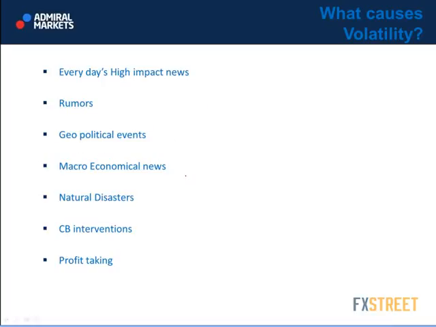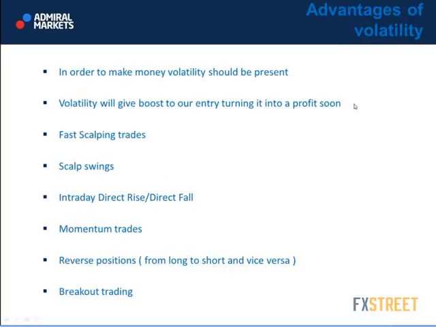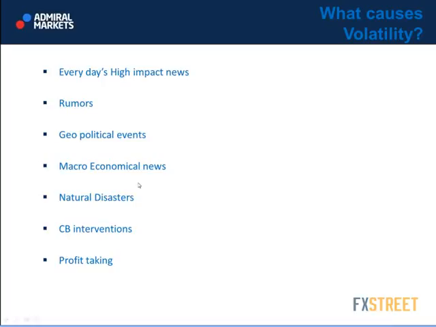Then geopolitical events. If you remember the crisis in Ukraine, in Crimea, there was huge volatility in the dollar ruble pair, and traders who had access to the dollar ruble forex pair could have made a lot of money just by exploiting the geopolitical event which happened in Crimea. There are also macroeconomic news. If you know, there are globally recognized news which usually happen during our standard day of trading.